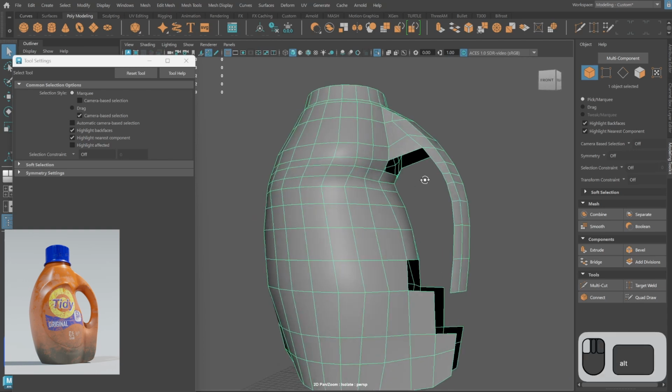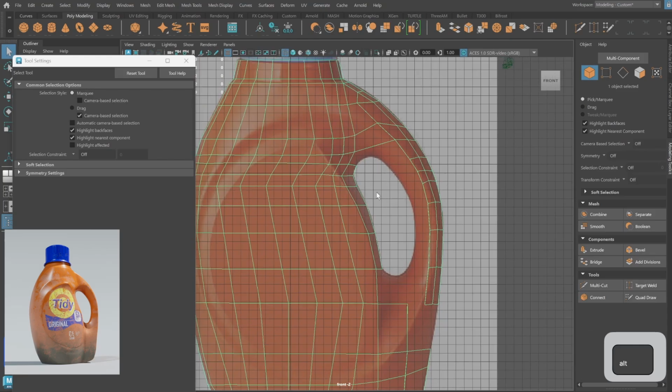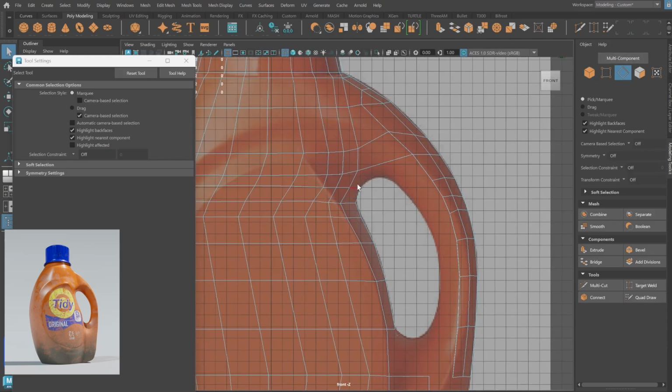And here's where we begin to tackle underneath the handle. This part was a little complicated for